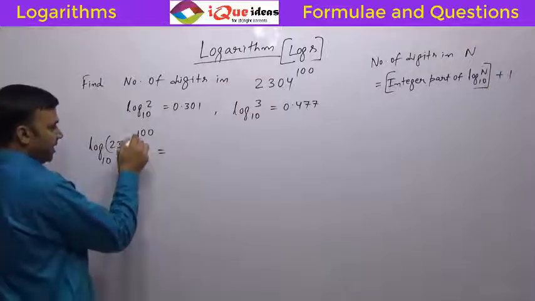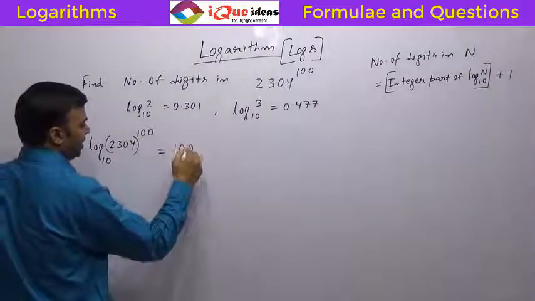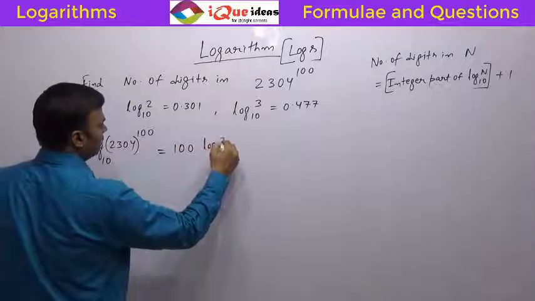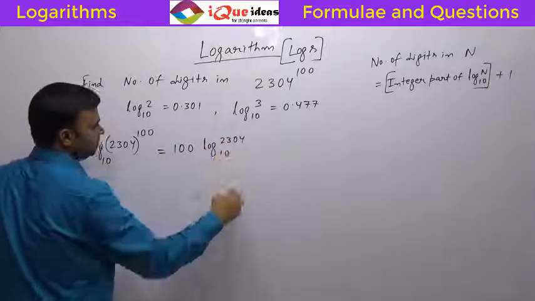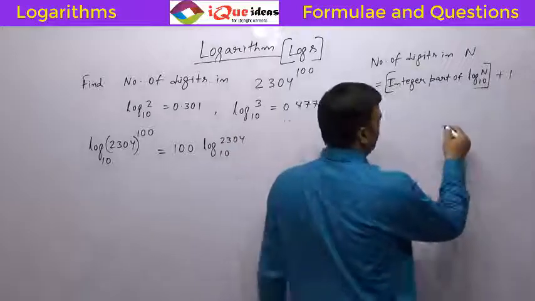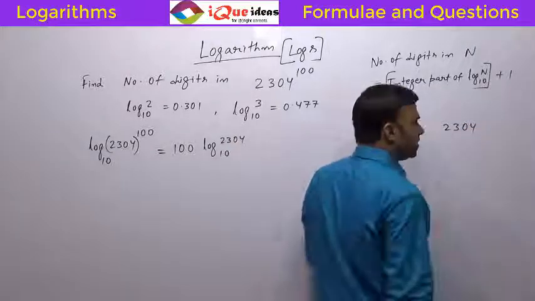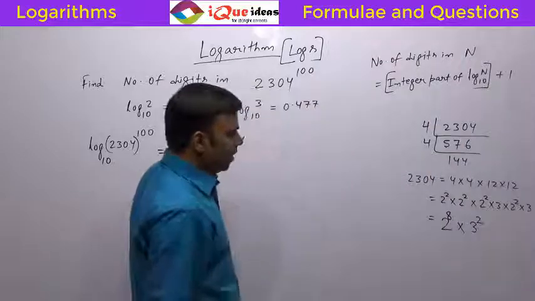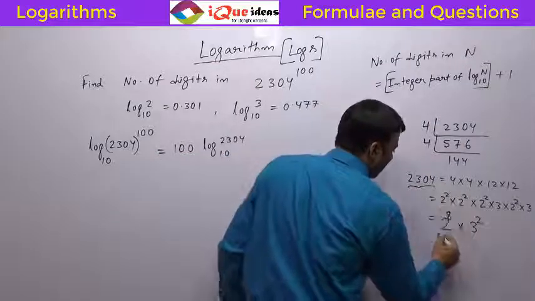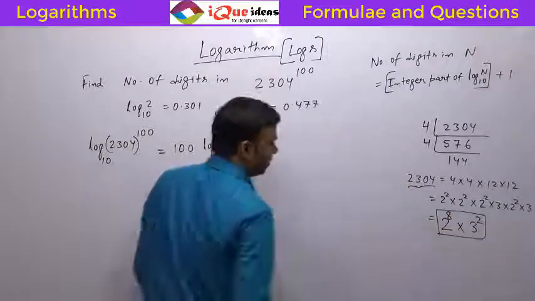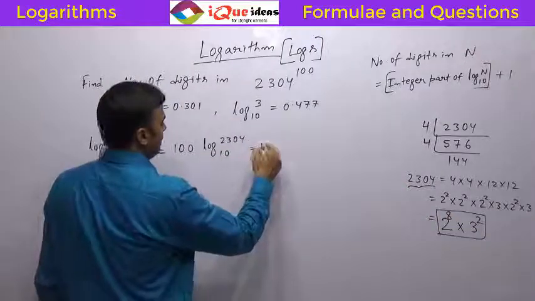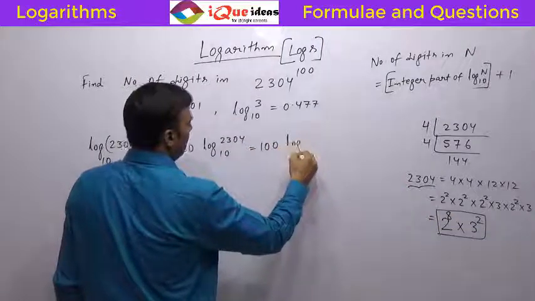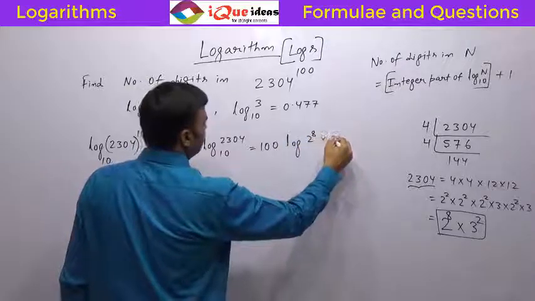So this 100 is a power, so it will come outside straight away. Inside we have log 2304 to the base 10. Then you have to factorize 2304. Now 2304, if you remember the squares, is 48 square. If you don't, divide it. So the factorized form of 2304 is 2 raised to the power 8 into 3 raised to the power 2. Put it here, so it is 100 times log of 2 raised to the power 8 into 3 square